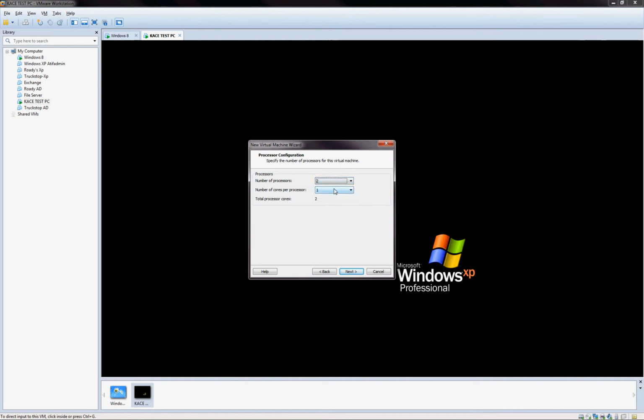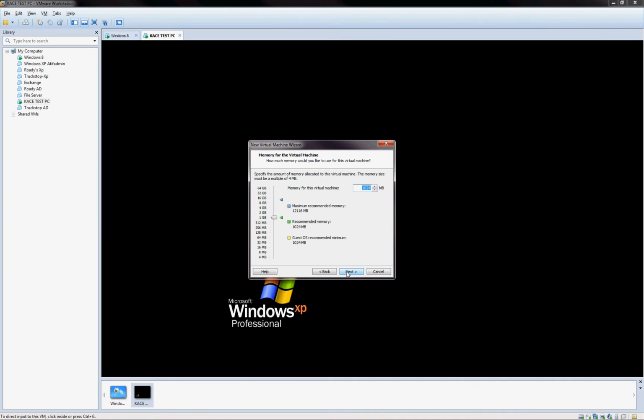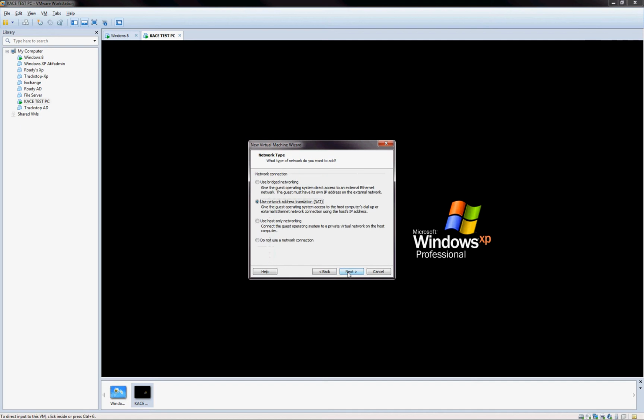I will select 2. Remember that your processor should support virtualization for you to install VM software on your computer. I will select how much RAM I need for my server, which in my case is 4 GB. Click next, and this is the network setting. I will show you later how to set it up in my other video, but if you want to go directly through your network you can use bridged networking, or you can assign it a different network IP address. Click next,